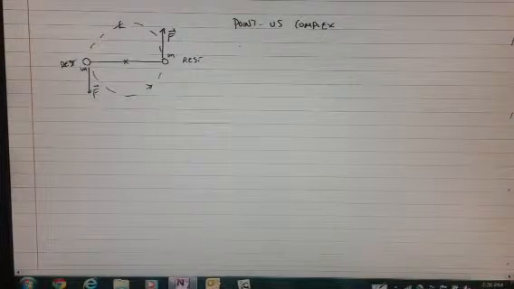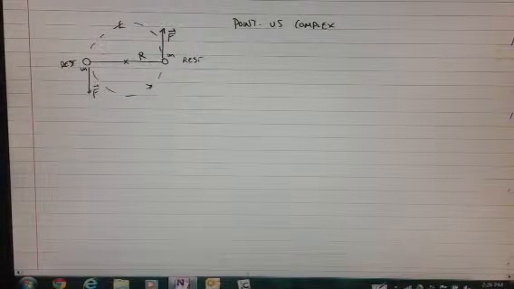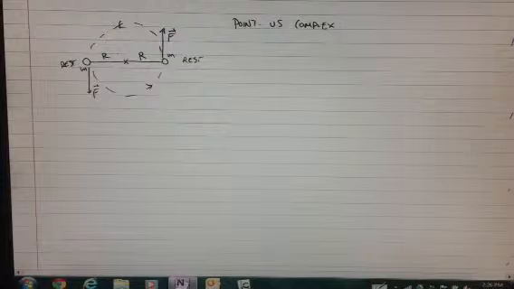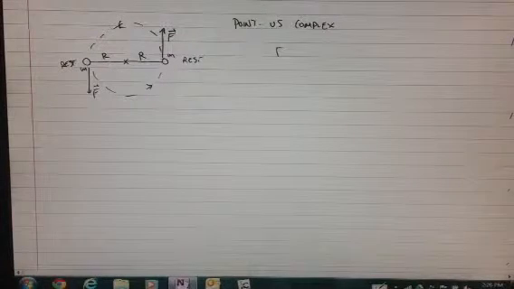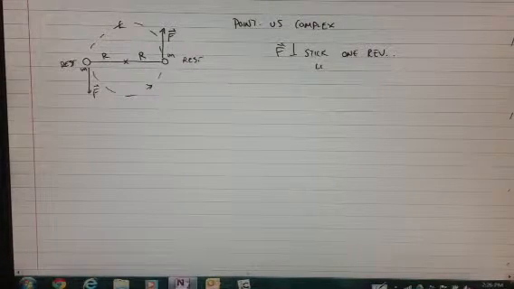I've got a rod, so it's got a radius r, so it's got a length 2r. There's two masses stuck on either end of it, m and m, and I'm going to put a force F on each one of these masses. And those forces are always going to be perpendicular to the stick. So force is perpendicular to the stick, but I'm always going to be moving it forward. So I grab each of these masses and I twist them around the circle through one complete revolution. And then I let go.